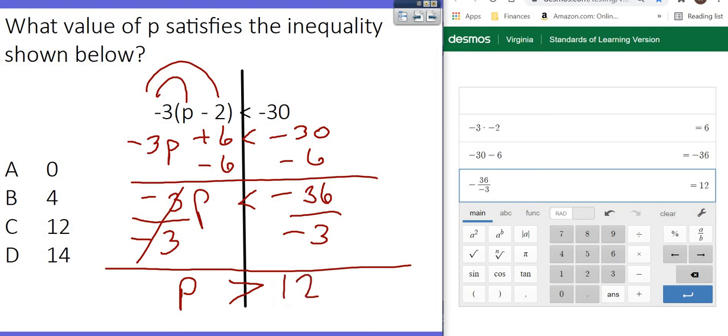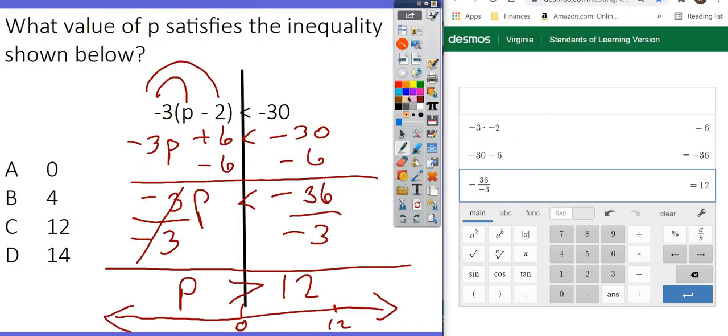The first thing I'm going to do is draw a number line that shows what my answers are going to look like, okay? So I'm going to put 0 right there, and I'm going to put 12 up here. And I'm going to change the color of my ink. Uh-oh, I hit the wrong button. Just so that you can see it a little bit more clearly, okay? So P is greater than 12. It's an open circle because it's not equal to, and my arrow is pointing to the right, toward the bigger